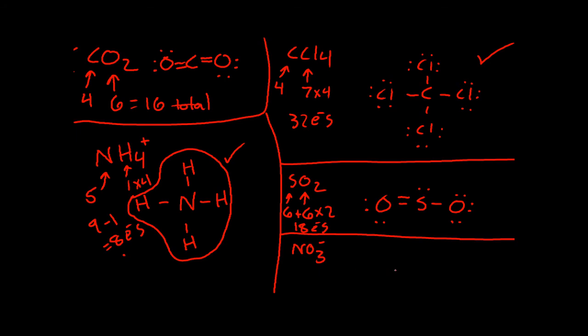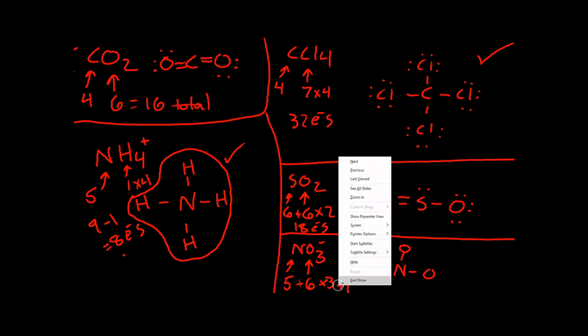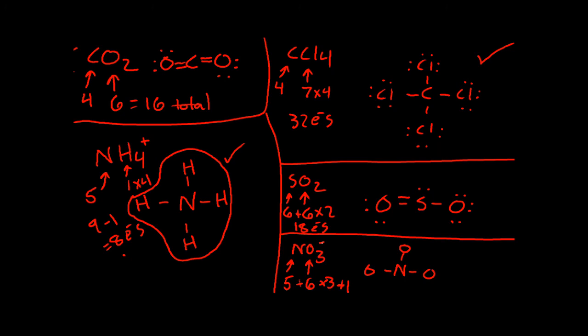Similarly here with the nitrate, if we put nitrogen in the middle, I'm going to run out of space here, but oh well. Bond the 3 oxygens to it. If we add up our electrons here, nitrogen is in column 15, so it gets 5 valence electrons. Oxygen is in 16, so it gets 6, and there are 3 of them. And then we're going to have one more because of the negative charge there. So this is 18 plus 5 is 23, plus 1 more is 24